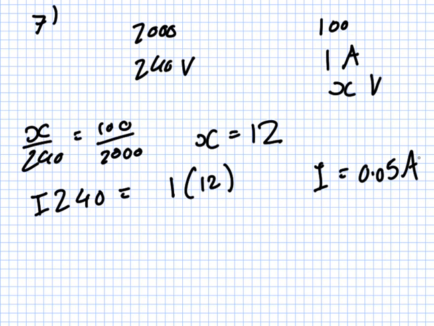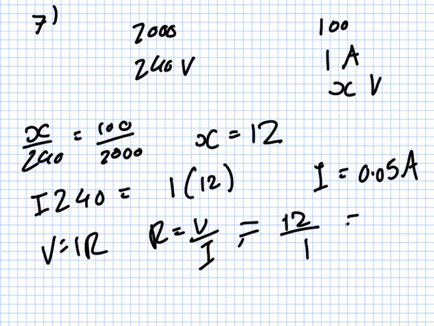What is the electrical resistance? Well that's just Ohm's law. V equals IR or R equals V over I, which equals 12 over 1, 12 ohms. Right, finally,